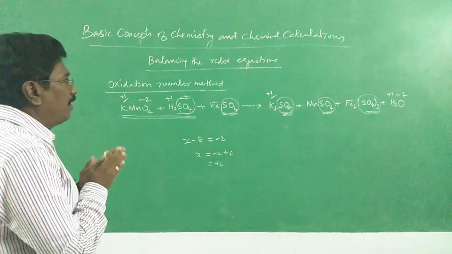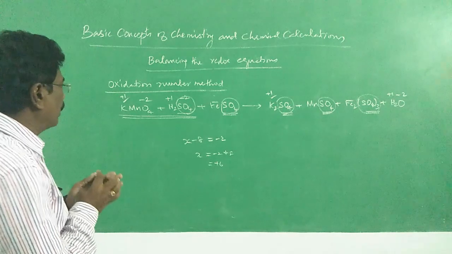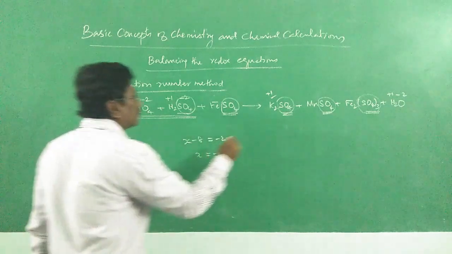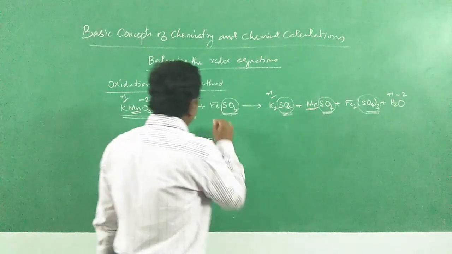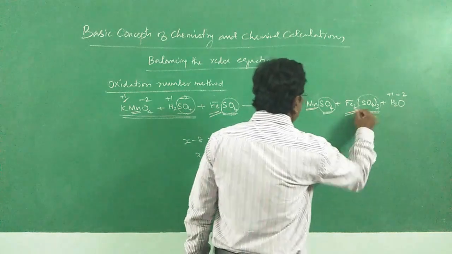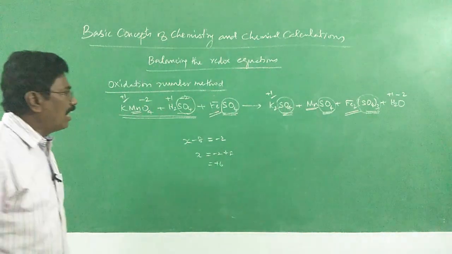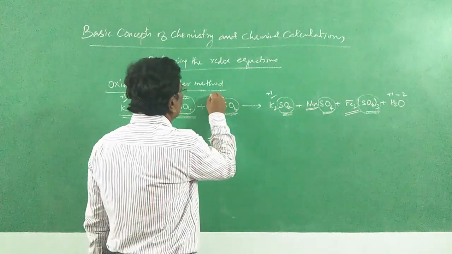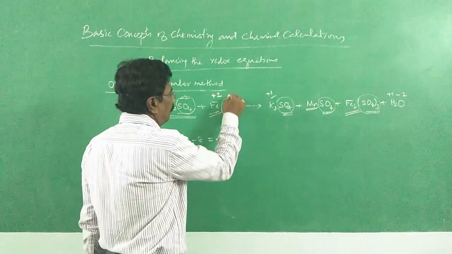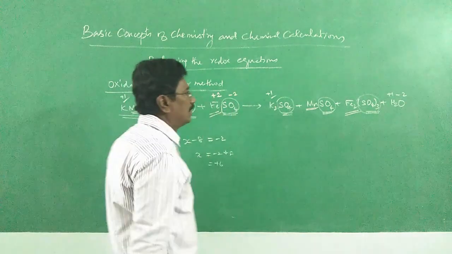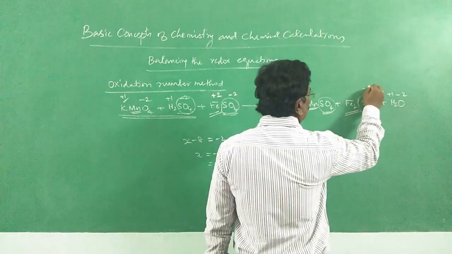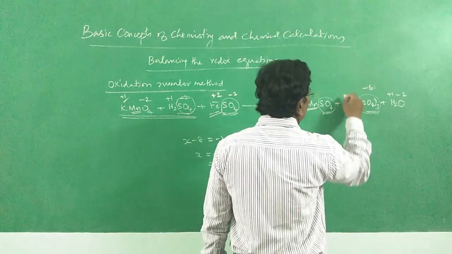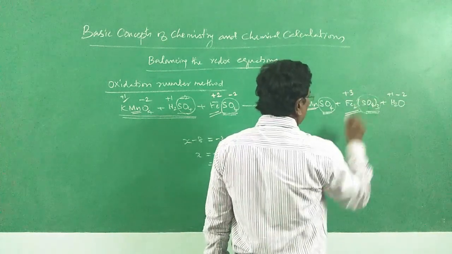And therefore, where there is change in oxidation number, we have to target only the manganese element and then the element iron. Here, potassium permanganate oxidizes ferrous sulfate into ferric sulfate. That means iron here is in +2 oxidation state. Sulfate on the whole is -2, therefore it is +2. Now for ferric sulfate, sulfate on the whole is -2, 3 into -2, -6. Therefore it should be 2 into +3. Alright?